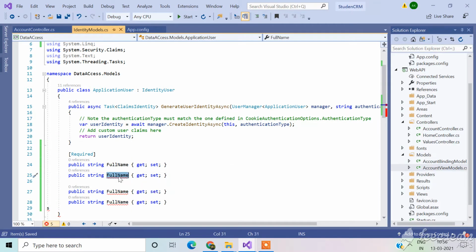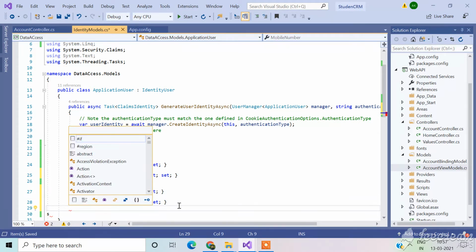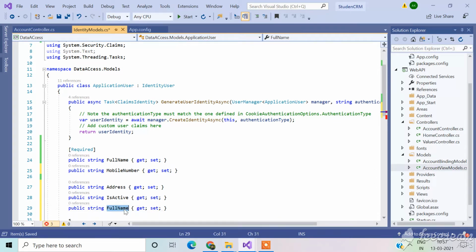Okay, so let it be like a wide number, let it be like address, let it be like effective, and one more like created date.